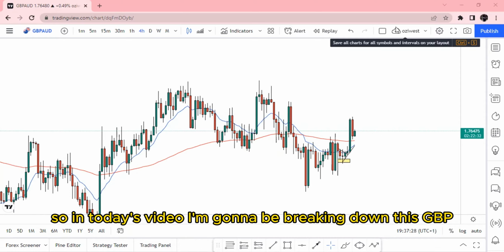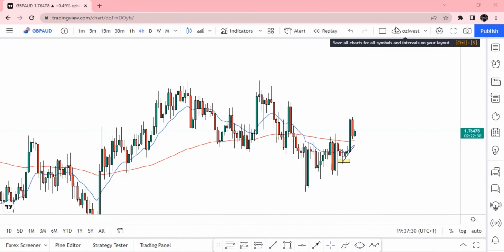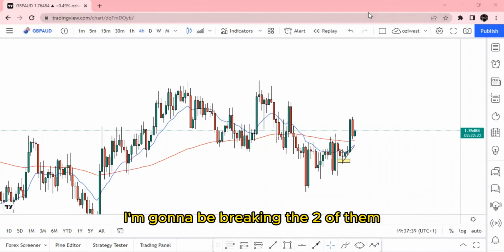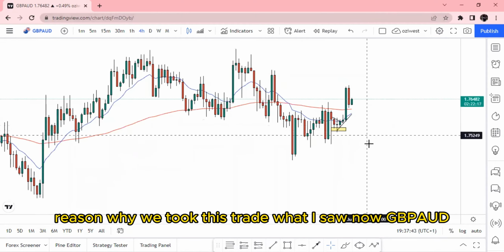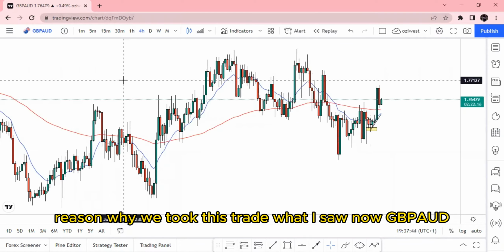So in today's video I'm going to be breaking down this GBP AUD trade that we took and GBP USD. I'm going to be breaking down the two of them, the reason why we took this trade, and what I saw. Now GBP AUD,